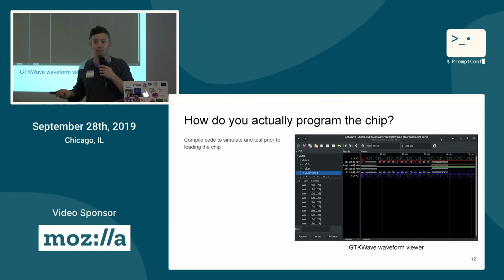So how do you end up actually programming that language to the point where you can get it into the chip? You start off by compiling your code, and you're going to want to simulate it ahead of time. We don't have an operating system. We don't have a bunch of cats that are going to be able to tell us what's happening here. So simulation is very important for hardware design because you don't have a lot of visibility once it's in the